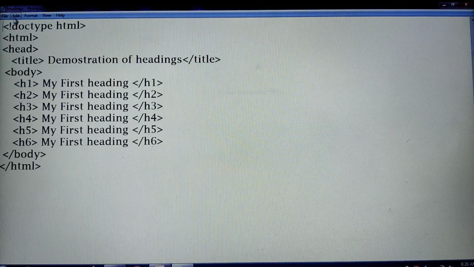Yes, the first is the doctype HTML, followed by the HTML tag, head tag. Alright, within the head tag we have the title tag. So the title will actually describe what this web document is all about. That's what I want the title of this particular page to be, "demonstration of heading", which will appear in the top corner of your web browser actually.